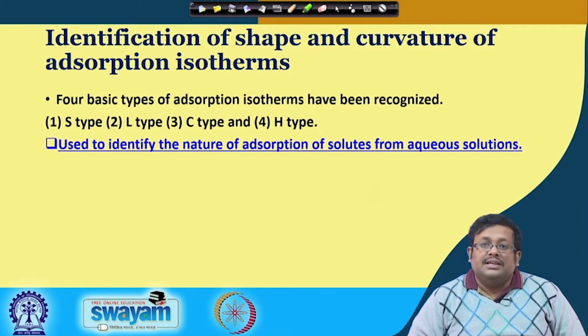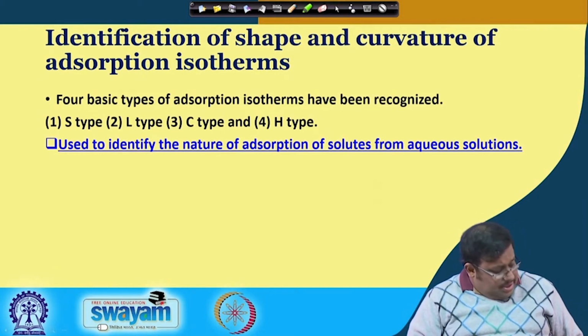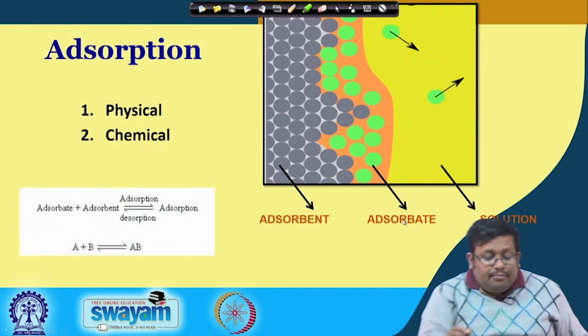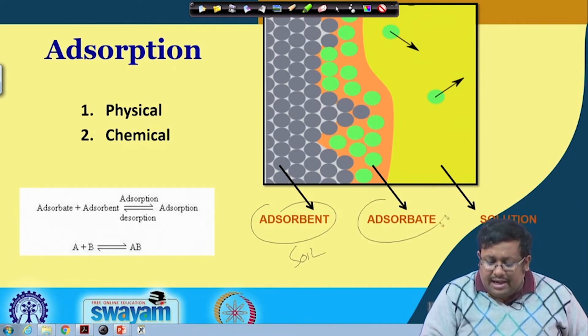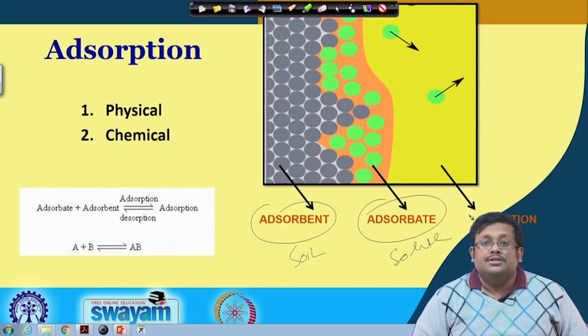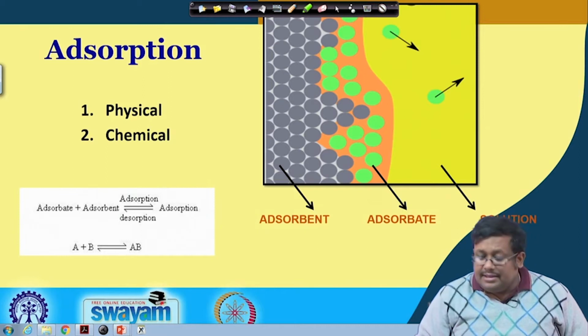So, solids is basically adsorbent. Now, the solid is again, in our case here, the adsorbent is basically soil and the adsorbate is basically solute, and here is the solution. I hope that now it is clear. So, let us move ahead and see